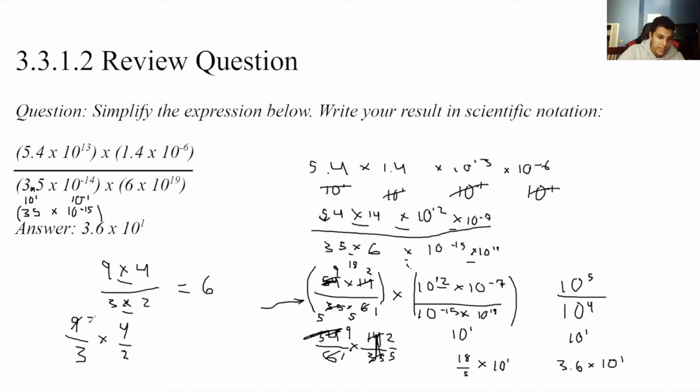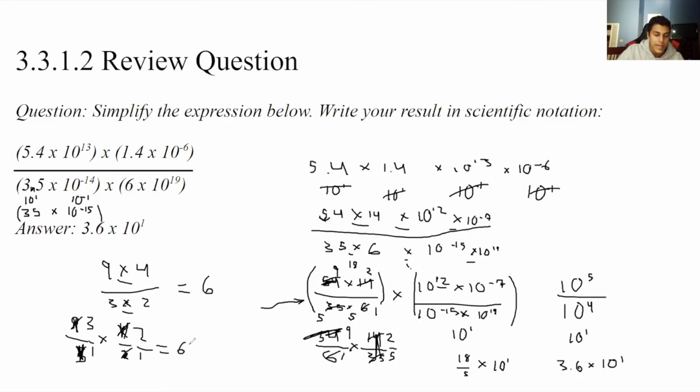So if I simplify that into a fraction, it's 3 divided by 1. Because if I divide both my numerator and denominator by 3, because that's their common factor, then that gives me 3 and 1. And the common factor of 4 and 2 is 2. So if I divide both the numerator and denominator by 2, in the numerator, that gives me 2. In the denominator, that gives me 1. So now I turn this into 3 times 2, or 3 over 1 times 2 over 1, and that gives